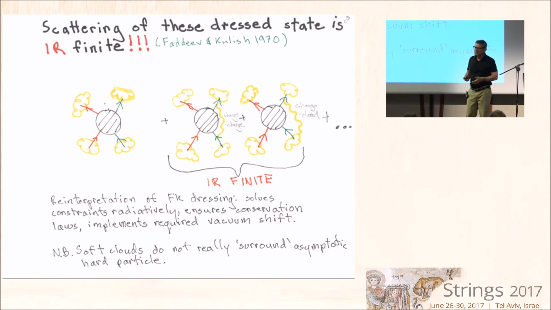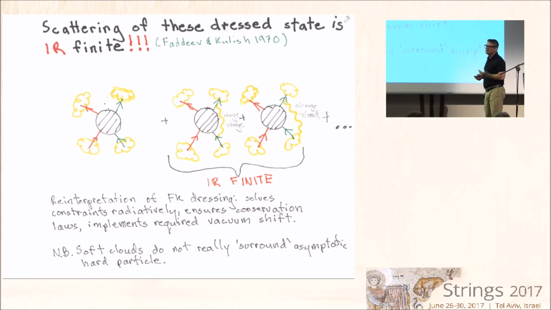But of course that doesn't happen. Photons go to null infinity, and massive particles go to time-like infinity. So this cloud of photons doesn't stick with the particle. It disperses out to null infinity, and its real goal in life is to satisfy the conservation law. It's a long distance